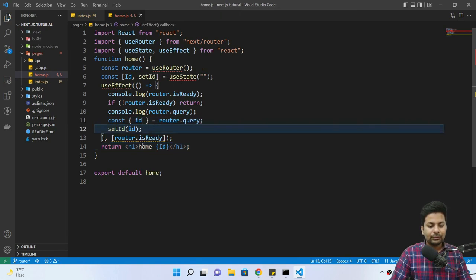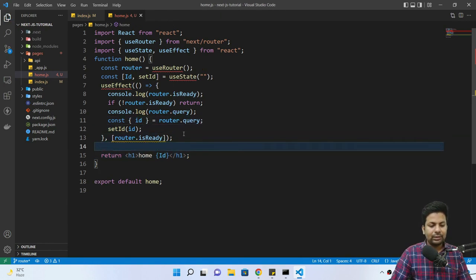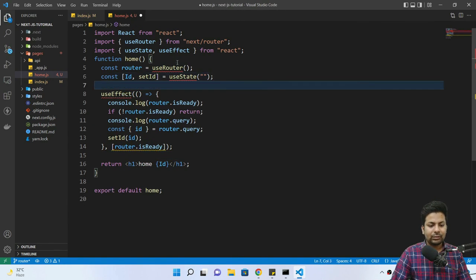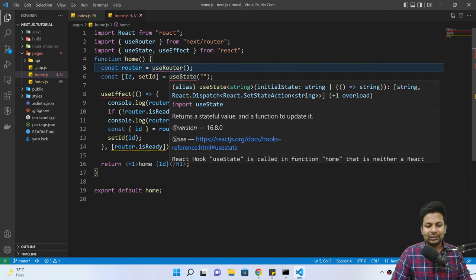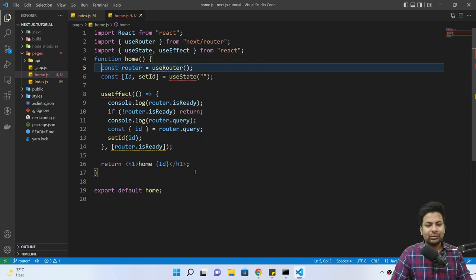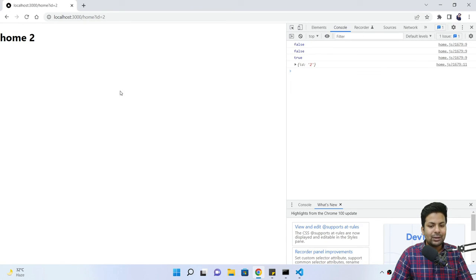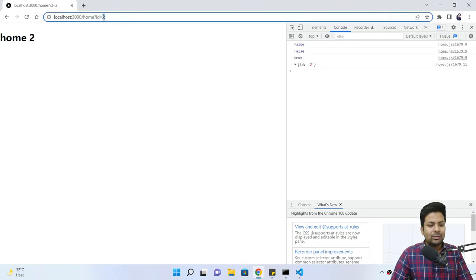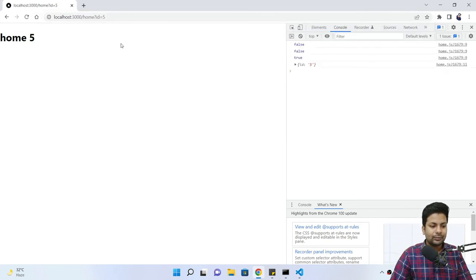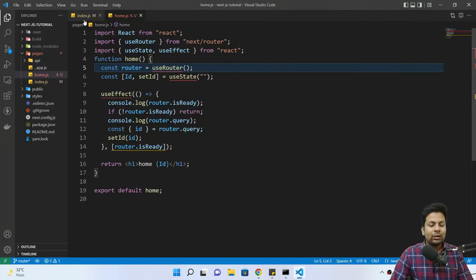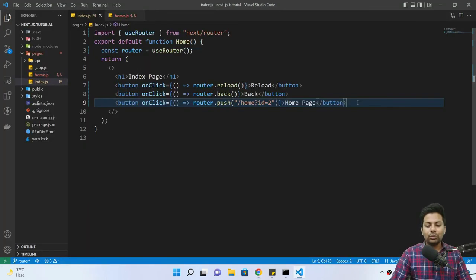Everything looks so simple. Let me give some spaces. Why is it coming like this? Okay, it's Next.js stuff showing up. See, now if you make it 5, it's coming. So now suppose you want to go to the home page,